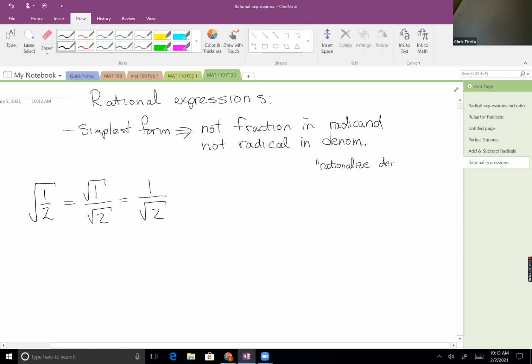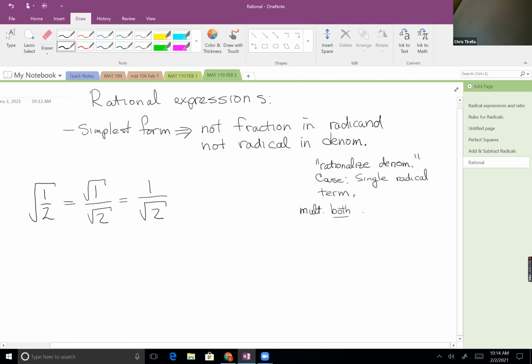We're going to see there's 2 different types of problems that we need to work with. First case we're going to look at is if there's just a single radical term, which is what we've got here. Just one term in the denominator and it's a radical. And so what we're going to have to do is we're going to have to multiply